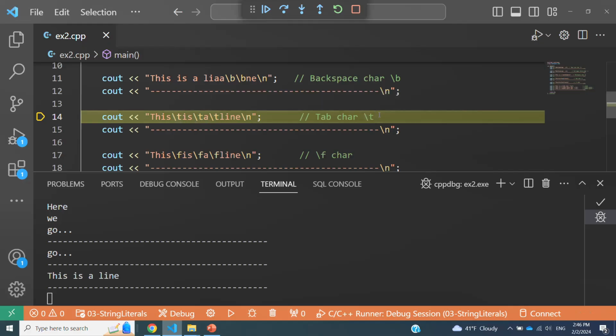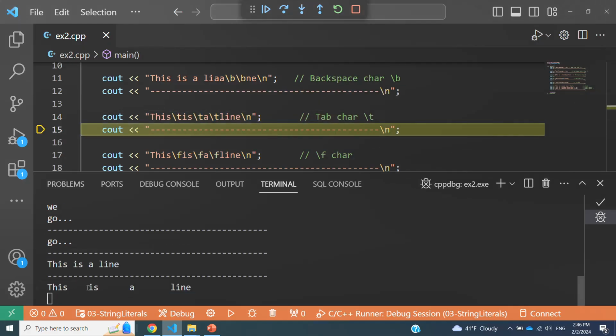So let me execute this statement so that you see the output. You can see that this is actually 8. So the width of every tab block in a sense is 8 characters. So we use the first 4 characters to print this. Then the tab character, the next 4 characters are spaces because tab is taking us to column position 8, and that's where we are printing is. The next 6 characters are now space characters. We are printing A, and we are printing another tab, so that means the next 7 characters will be space characters, and line is printed starting on the next tab stop.